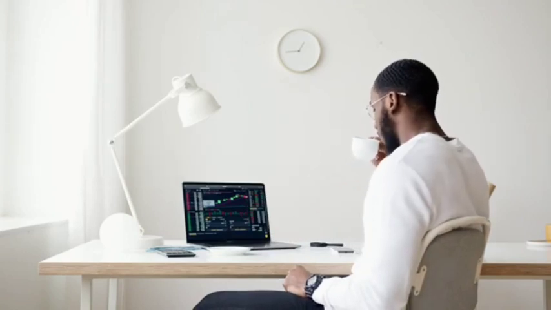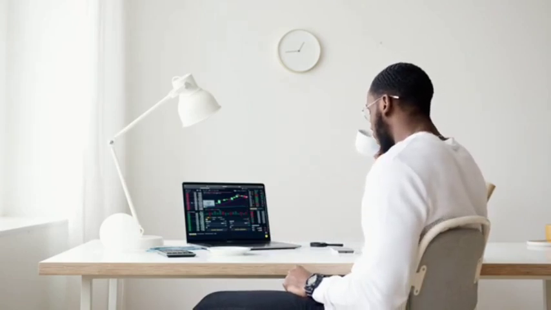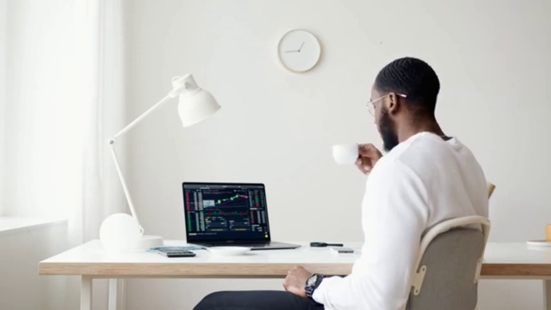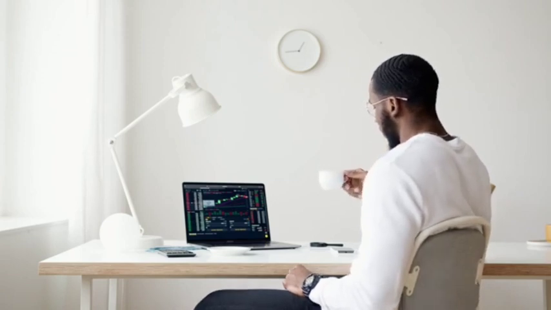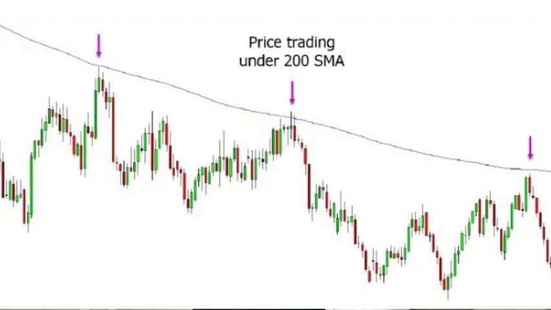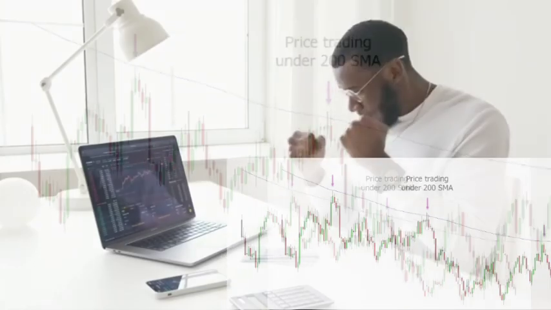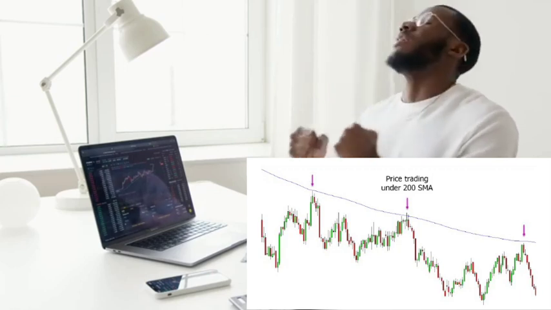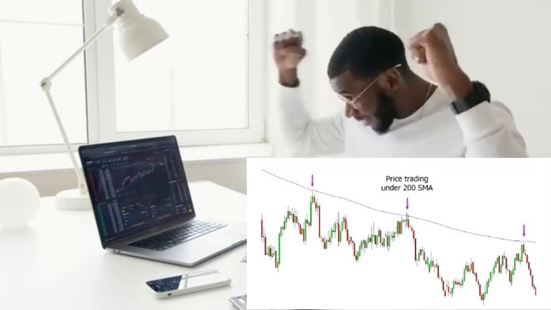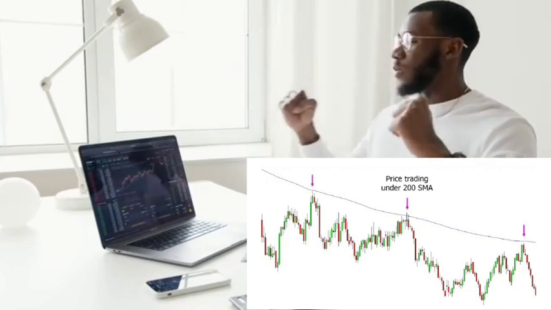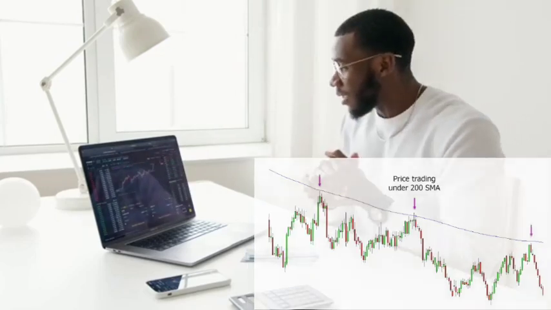Stock traders use indicators in their chart analysis to get an idea of what price could potentially do in the future. One of the most popular indicators is the 200 moving average. The 200 period moving average can give you a quick indication of the overall price trend, and it can also be used as dynamic support and resistance. For example, in the chart shown on screen, we can see the price continuously stays below the 200 period moving average. It rejects it as resistance and moves lower.